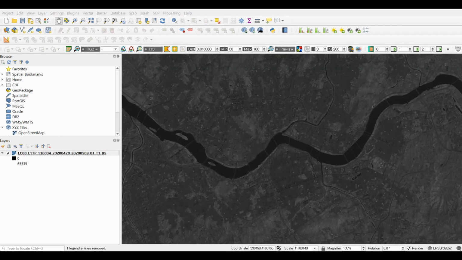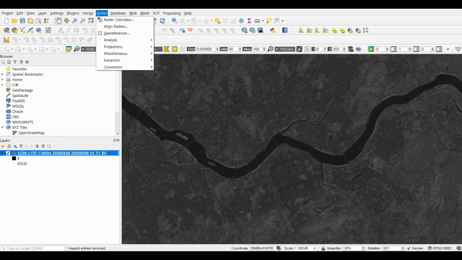Let's go for the first method with the second option. It is to clip a raster image by selecting extent on canvas. Same as the previous method, go to the raster menu. Then go to the extraction menu. Also next, click the Clip Raster by Extent button.